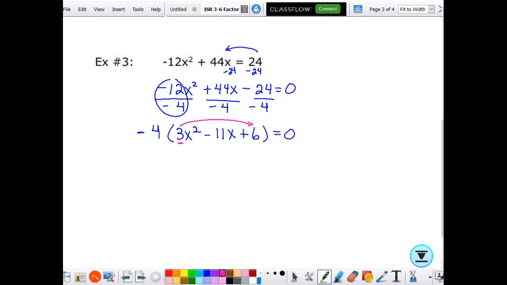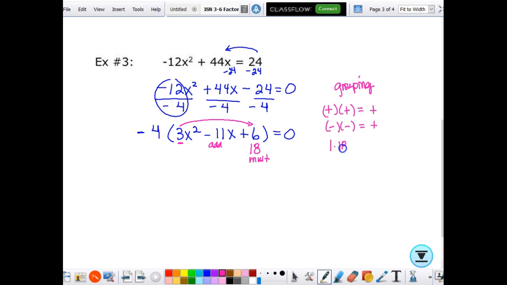Okay, so I need to say 18. What multiplies to 18 that adds to negative 11? So let's come over here. I notice I have a negative here, but this right here is a positive. I can have a positive times a positive, that makes a positive, or a negative times a negative makes a positive. So it looks like since this is a negative, I'm going to have 2 negative numbers. Okay, so this is a review of grouping right here. We had a GCF and we're having grouping. All right, so